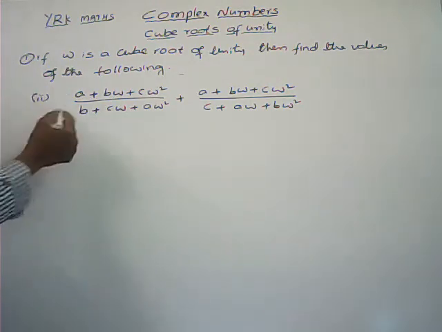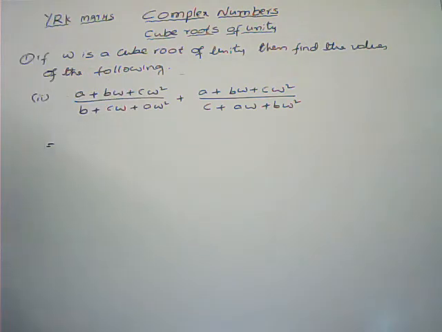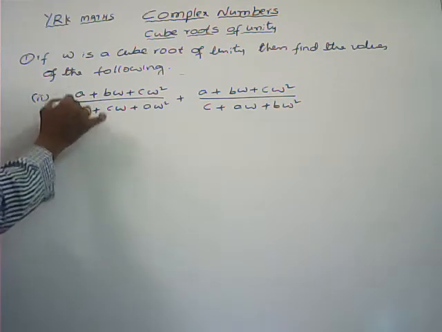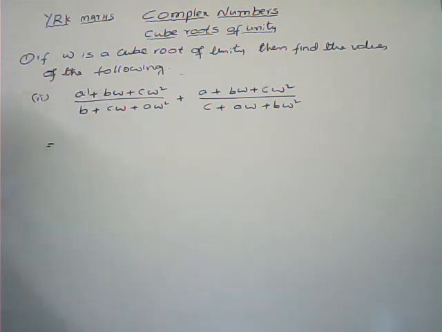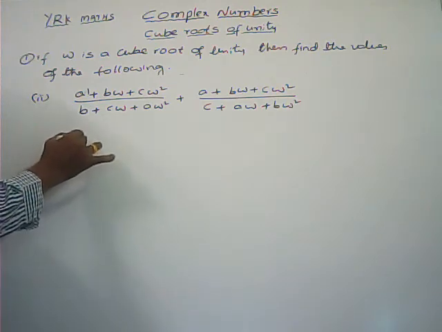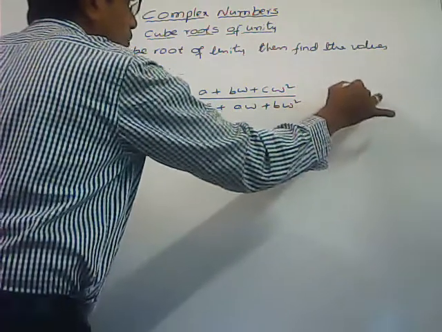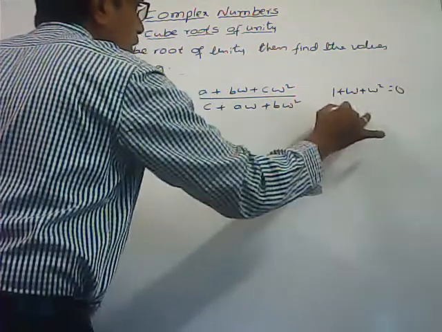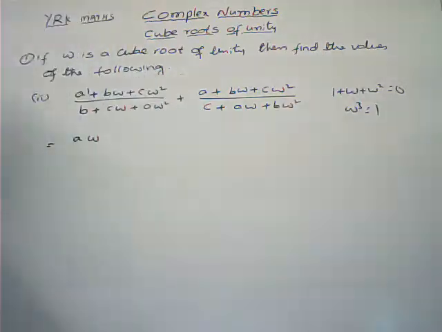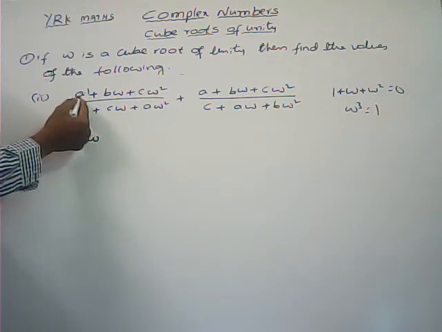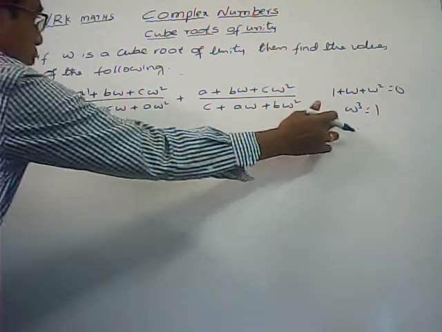So here what I am doing, in each term I am going to take omega as common. But here only a is there, and we can't take omega as common from a. So here I write a into 1. Here nothing means 1 only, a into 1. What about 1 here? Omega cube. These are very, very important: the sum of the cube roots of unity is always 0, and omega cube is equal to 1, the product of the cube roots of unity is always 1. So here, nothing means 1, a into 1, and in place of 1 I can write omega cube.